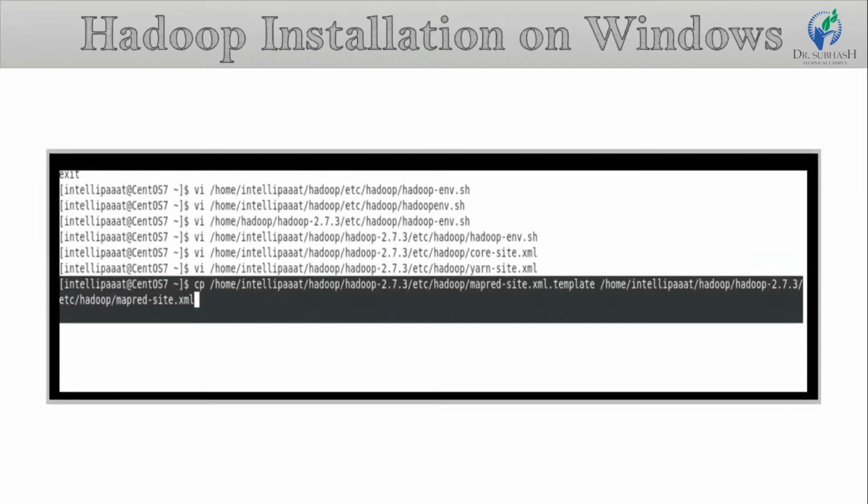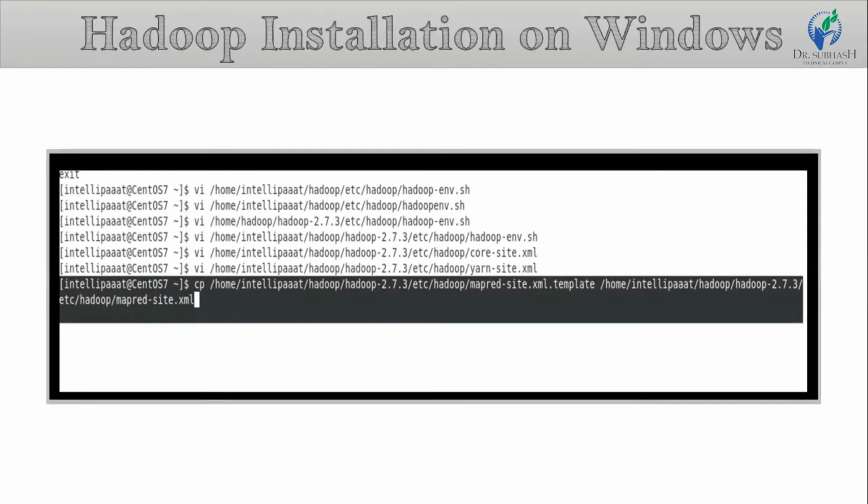Now you have to add the mapred-site.xml. For that, you have to copy or rename the file mapred-site.xml.template with the name mapred-site.xml.